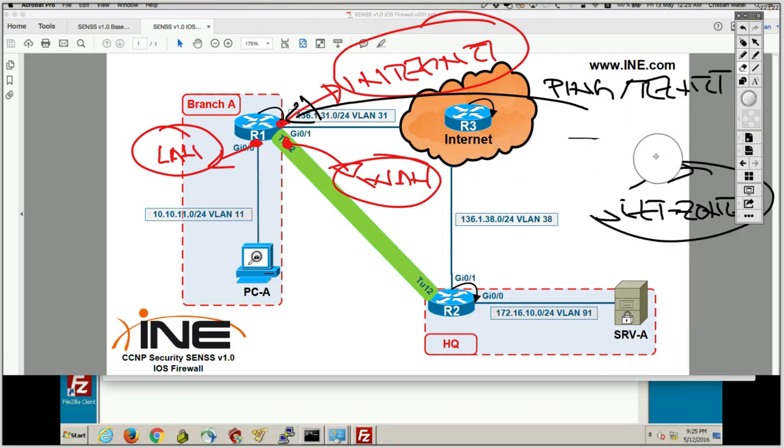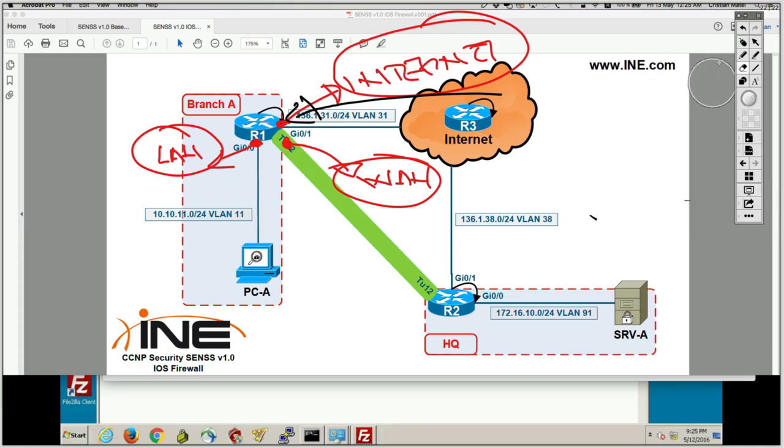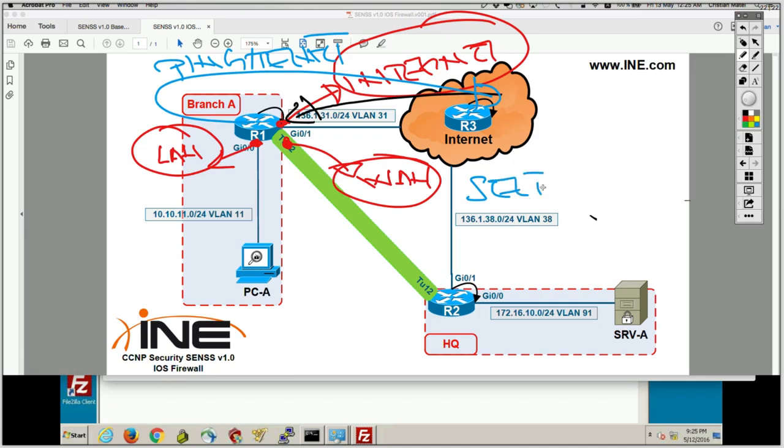Likewise, from router 1, I pinged or telneted router 3, ping or telnet. Because that was router generated traffic, the direction of that traffic flow was from the self zone, from the router itself, and destined to the internet zone.